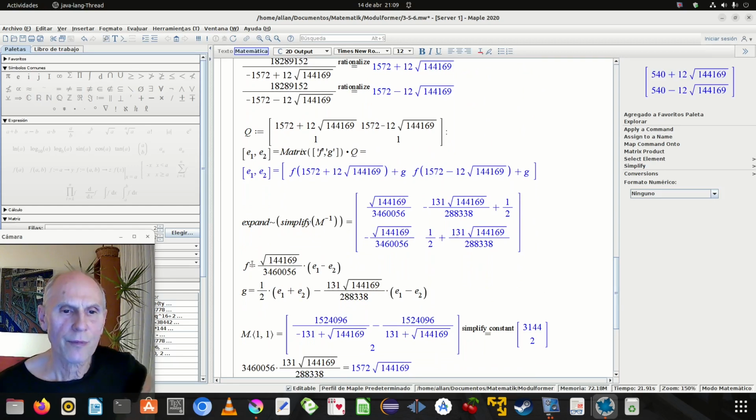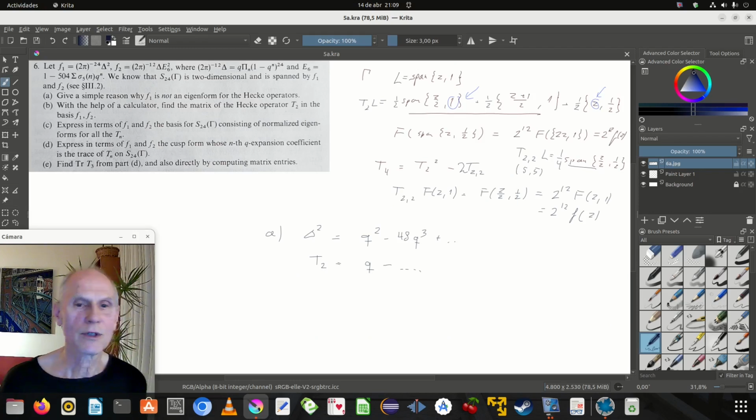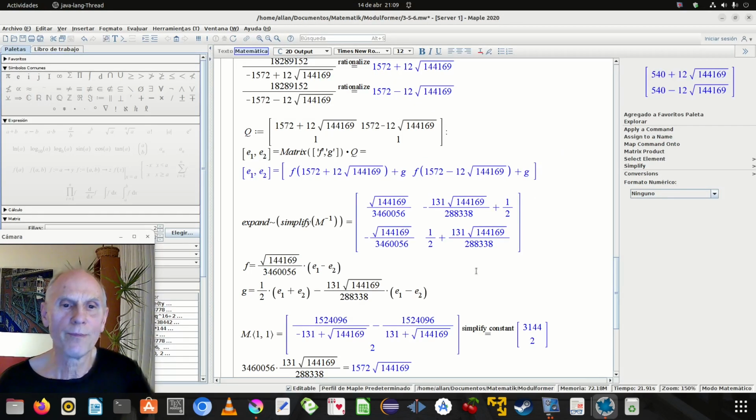And that gives us F and G in terms of the eigenfunctions. I think they wanted that in the problem, didn't they? Express in terms, oh, that was not needed. Well,